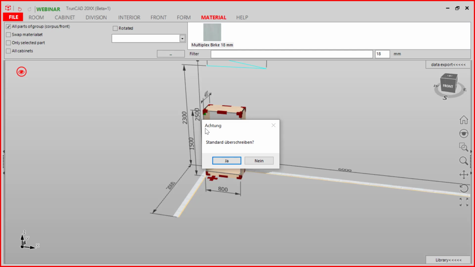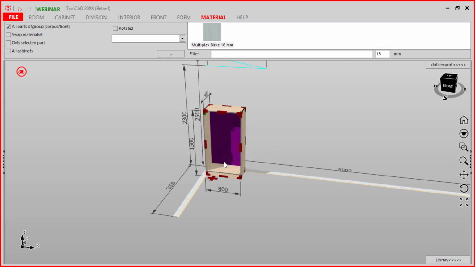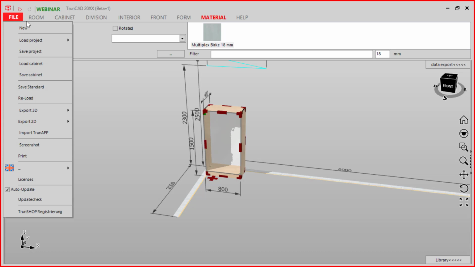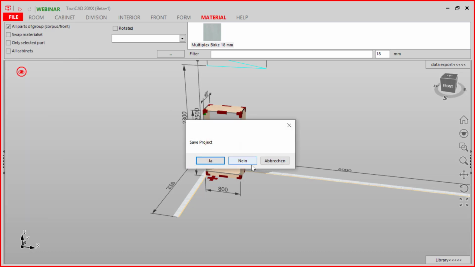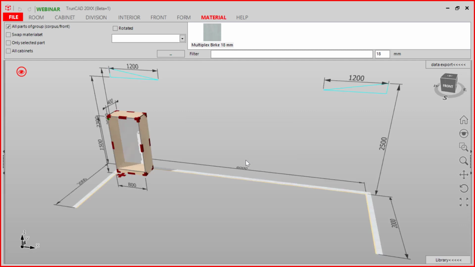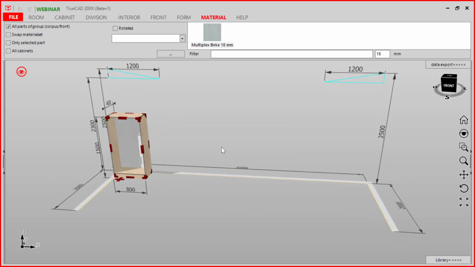Here caution and press Yes. So now, when we start a new project, we don't want to save this. You see, we now have our standard